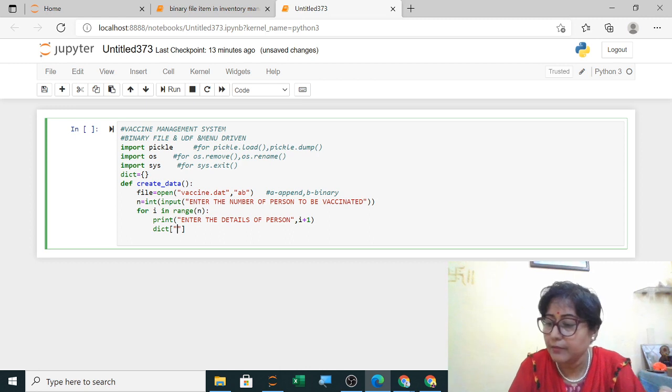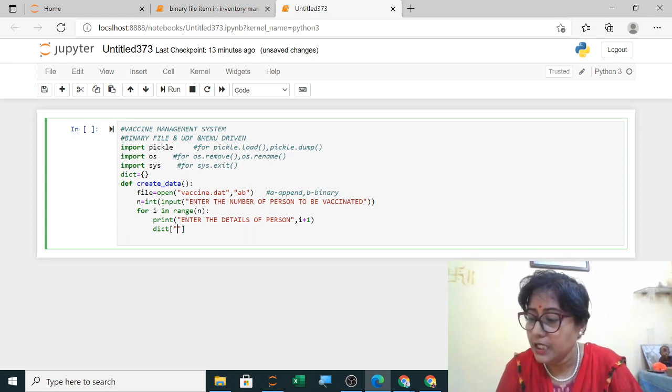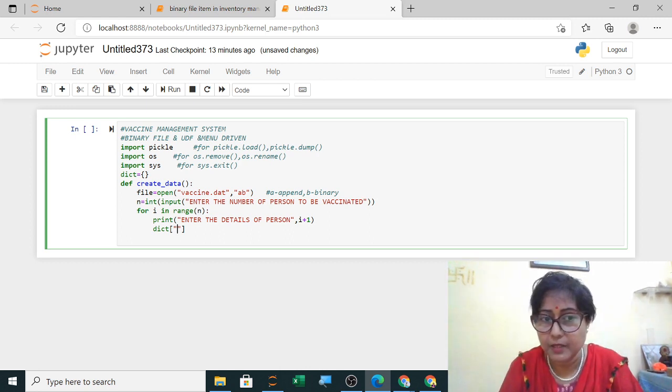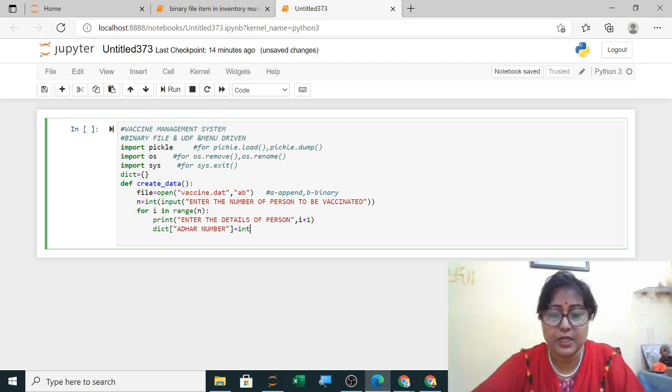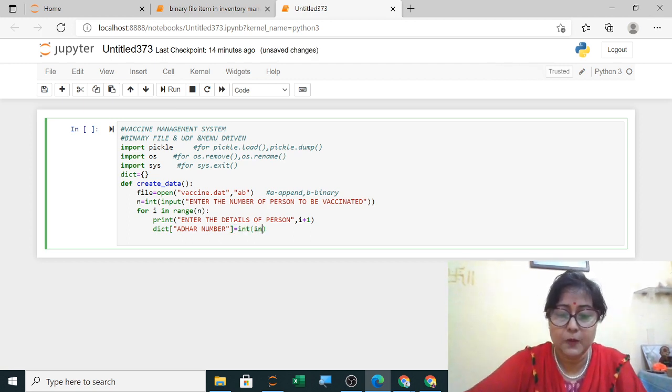So I am using here int input, one by one I am entering the data. So first will be your vaccination is given using Aadhaar number. So Aadhaar number, and then you will ask the user to enter. So int input, enter the Aadhaar number.